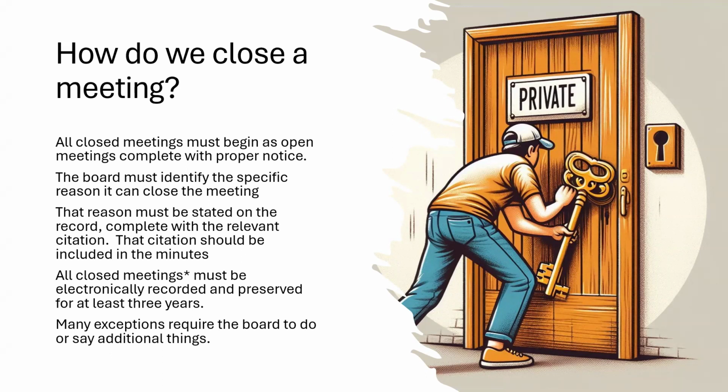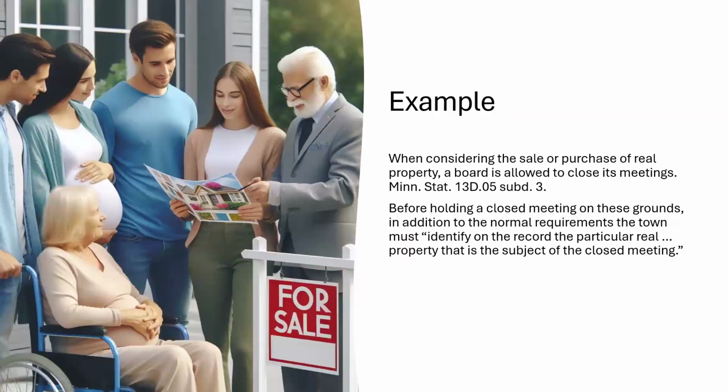Because it gets technical, and if you screw up the details, you can potentially get in trouble. So talking about a particular example here, say you were considering the sale or purchase of real property. That is one of the things that the board is allowed to close a meeting for. So Minnesota statute